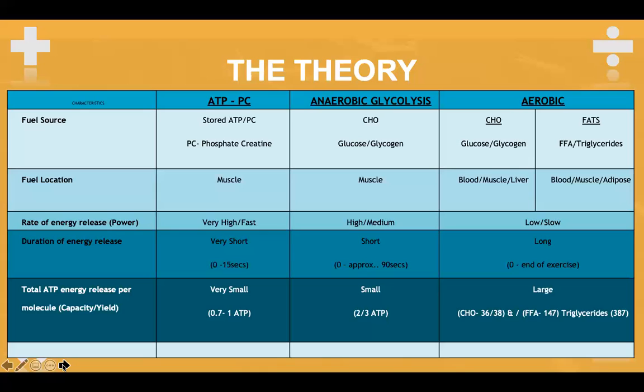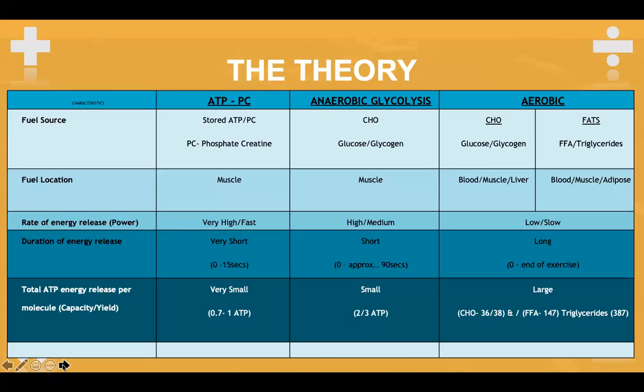The carbohydrates are located in the blood, muscle and liver, and the fats, which are converted into free fatty acids or triglycerides, are located within the blood, the muscle and the adipose tissue. In very rare cases, the aerobic system can also use protein, but these are only for super long duration, such as super marathons, or if all other fuels are depleted, such as carbs and fats, and this would be in like a famine incidence, but predominantly the aerobic system